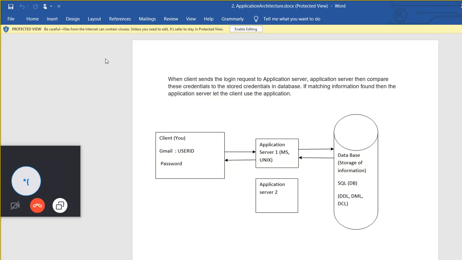So let's say I'm giving an example here. Let's say when you log into your Gmail from your browser, you type your user ID, you type your password. You input your email ID and password. Then what happens? Remember that the Gmail you are using on your laptop, you are using the client portion of it. That software, you are able to go to gmail.com because